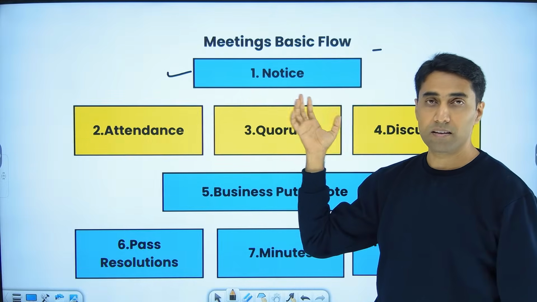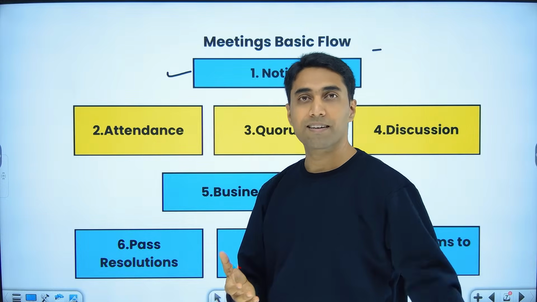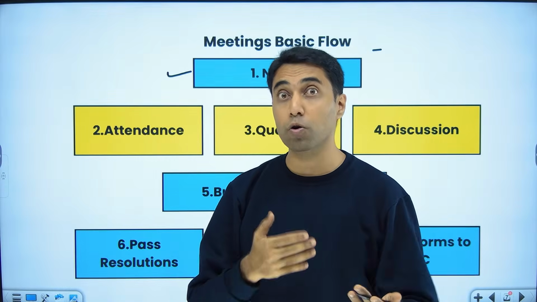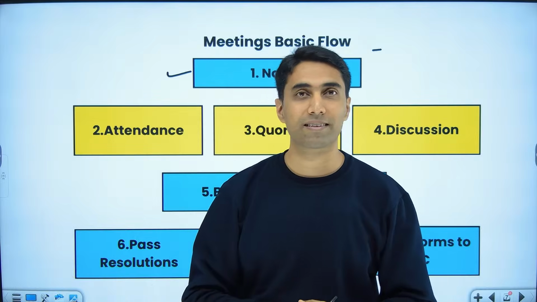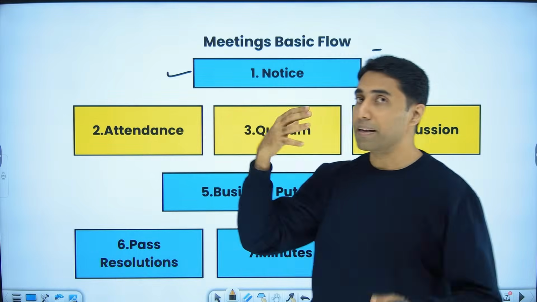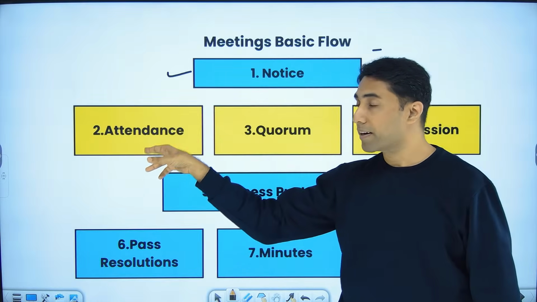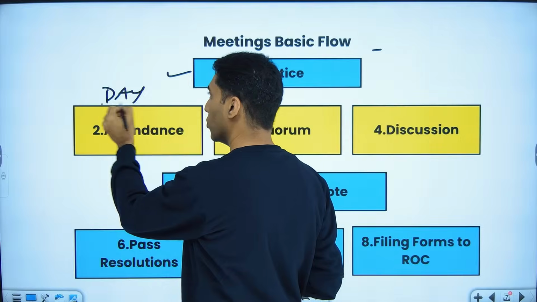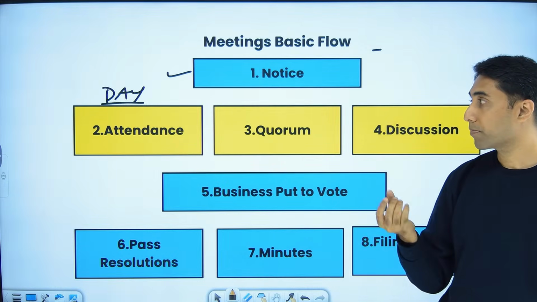Once you invite, they will come. There is an attendance you take. Of course, in a birthday party or a wedding, you may not take attendance, but you'll know who's come, who's not come. Oh, I called them, they did not come. You may say such things. So this is how a meeting flows. You send the notice, you invite them, please come, and then on the day of the meeting, you will have attendance. That is who has come, who has not come, correct?